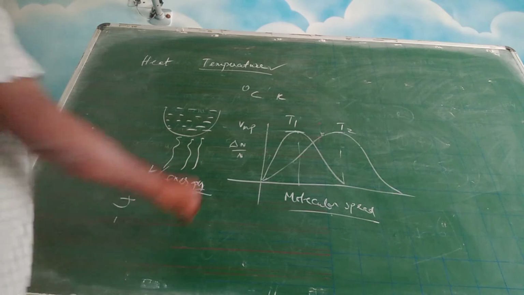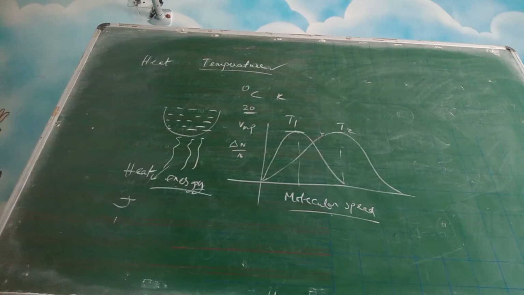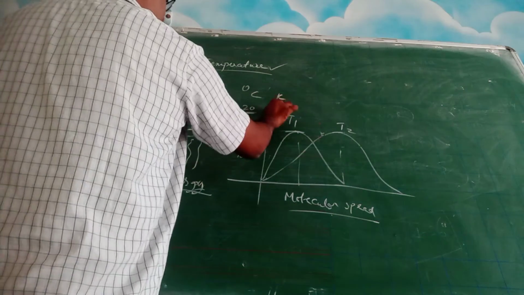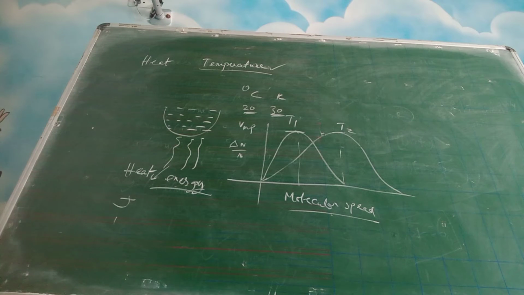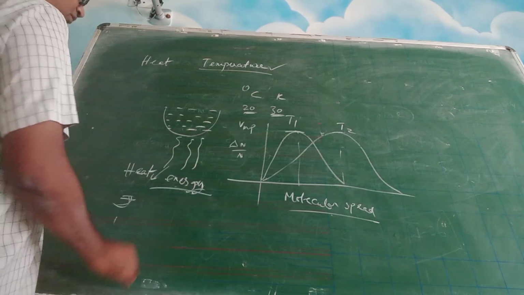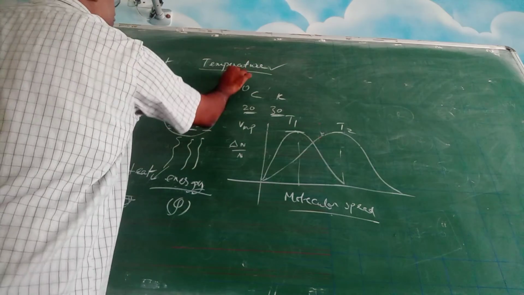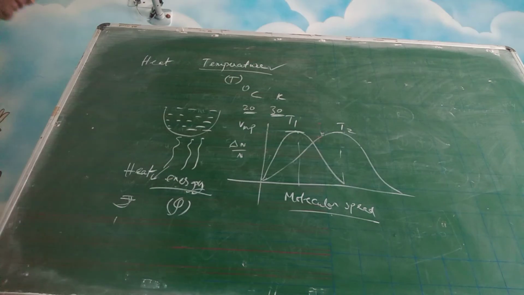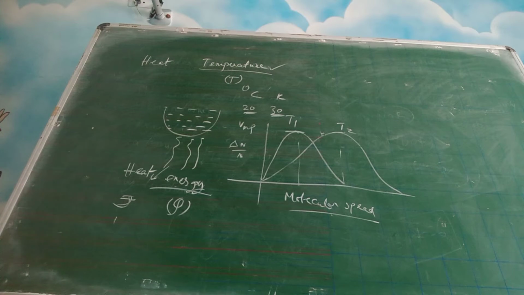So if you are saying that at a temperature of 20 degrees, even if you talk about a gas molecule, will the kinetic energy of the molecules be more at 20 or more at 30? Okay, you can understand it in this way also. So heat energy is measured in joules. The symbol you use to show heat energy is Q. The symbol you use to show temperature is T. Okay, and these two are entirely different things. Okay, so this is one basic concept.